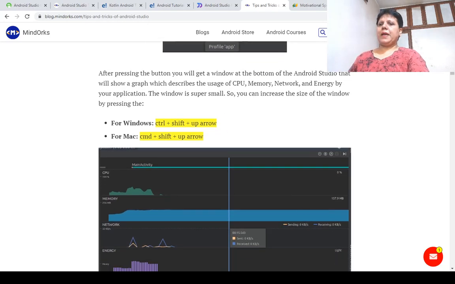Control Shift up arrow. It will give the symbol. Different symbols are there.